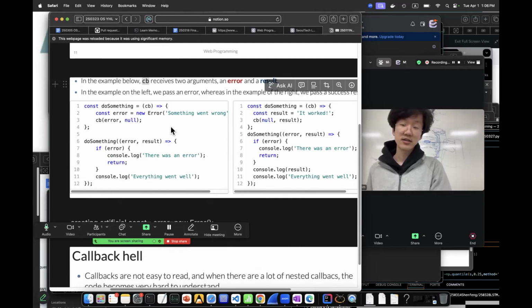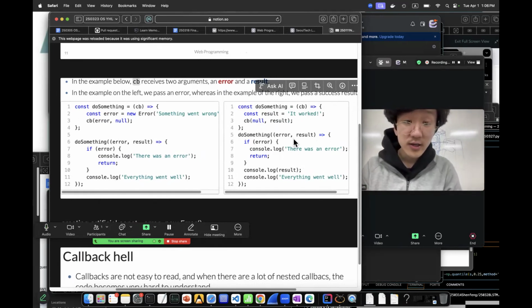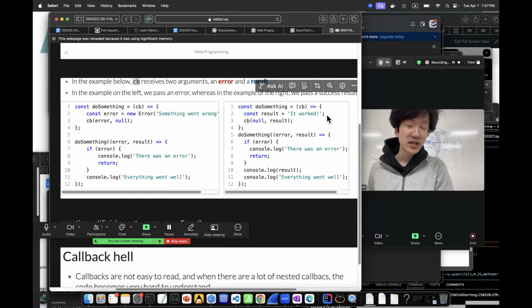In the right case, there's a const result, and null goes together with the result. On the left, error and null go here. Because the error comes here, it will print out the error. In this case, error is null and the result came out, and since it worked, it will print out the result.